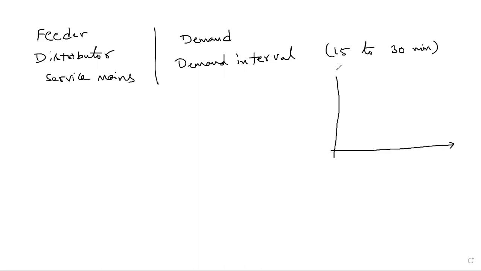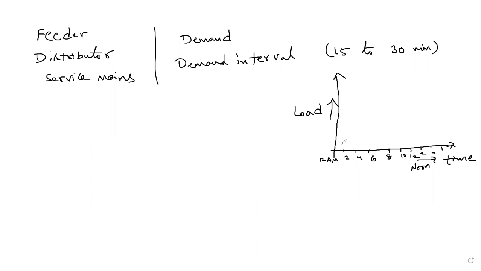Let me draw an example of a load duration curve. On the x-axis we consider the time, and on the y-axis the variation of the load with respect to time. Let us start from 12 a.m. onwards: 2, 4, 6, these are all hours, 8, 10, 12, this is 12 noon, and followed by 2, 4, 6, up to again 12, that is 12 to 12, nothing but 24 hours.